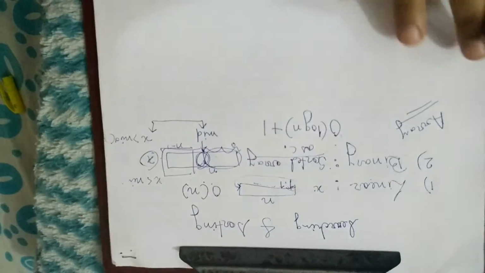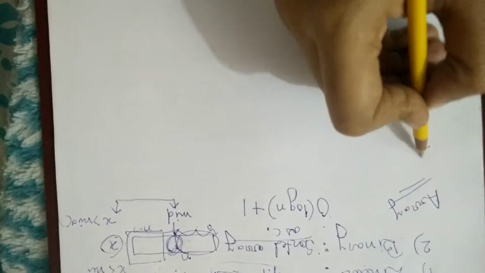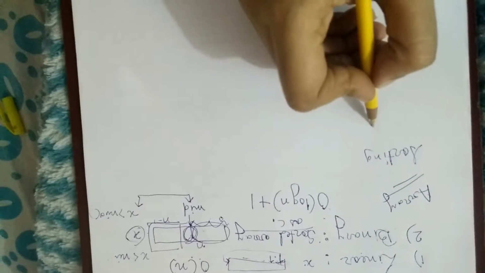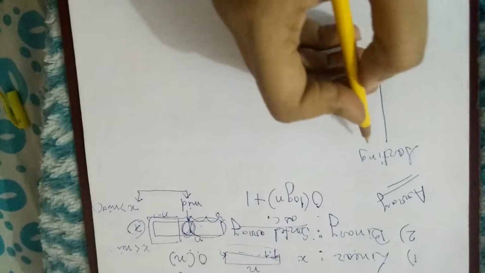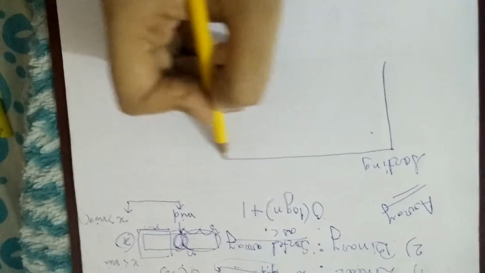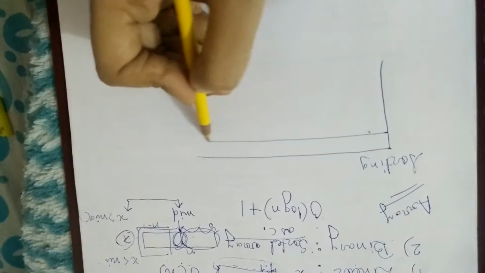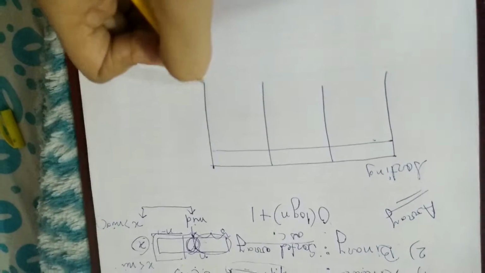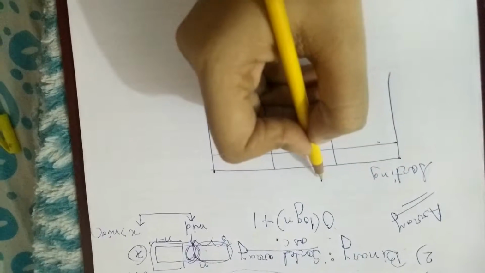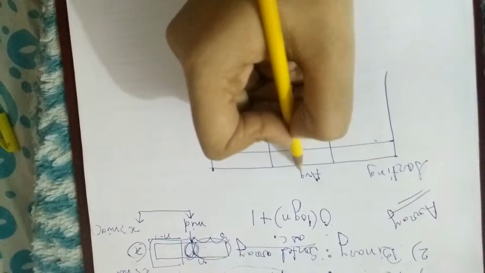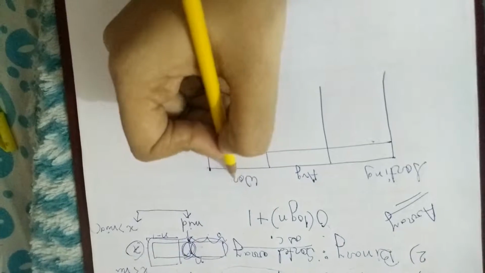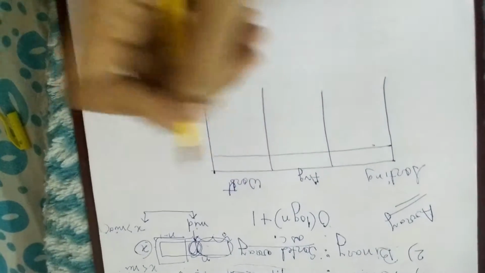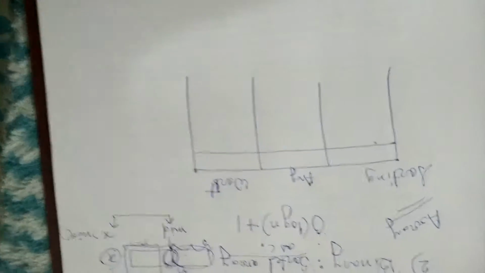The next is sorting techniques. First we will draw a table for the sorting techniques, because most of the time the question asked in GATE or a competitive examination is the complexity of the sorting algorithms. The sorting techniques have average, best and worst case complexity. So we are going to consider here average and worst case complexity.